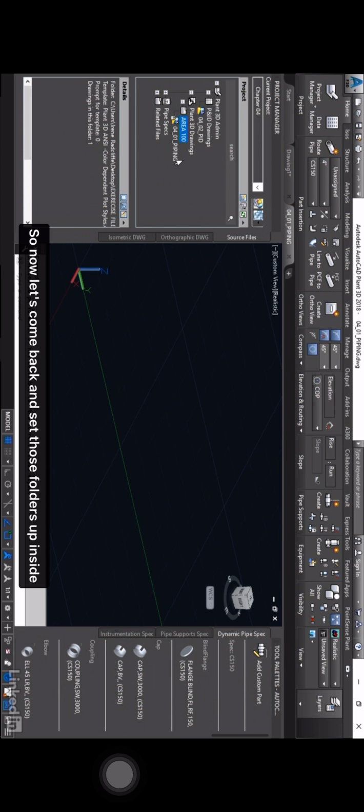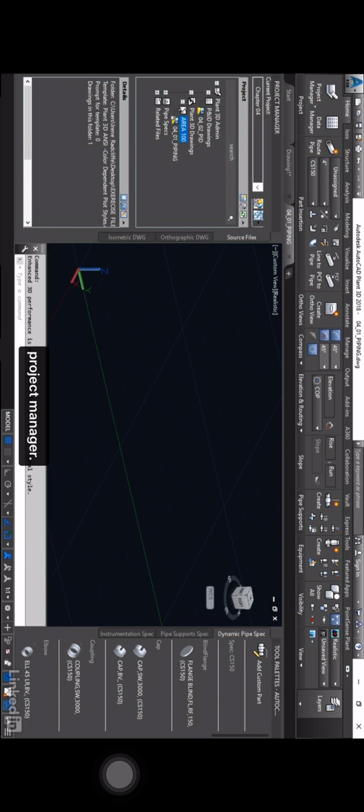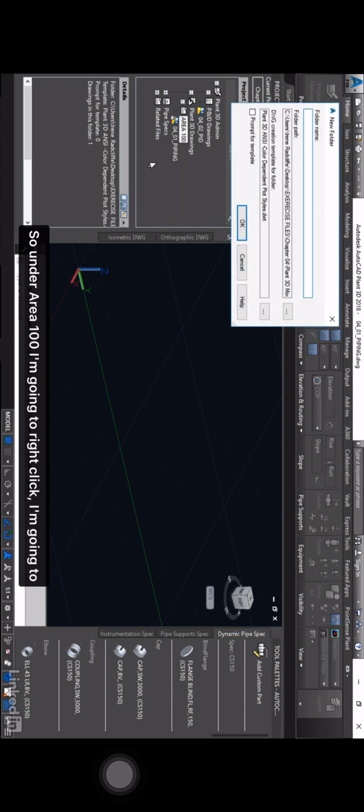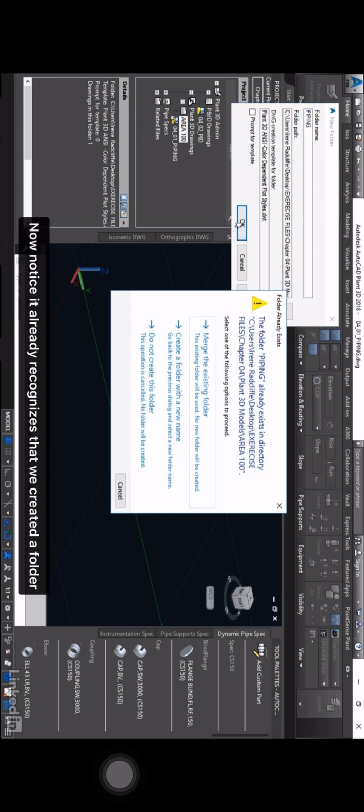So now let's come back and set those folders up inside Project Manager. So under Area 100, I'm going to right click, I'm going to create a new folder, and I'm going to call this one piping. I'm going to say OK. Now notice it already recognizes that we created a folder in there called piping, and it's asking me, do I